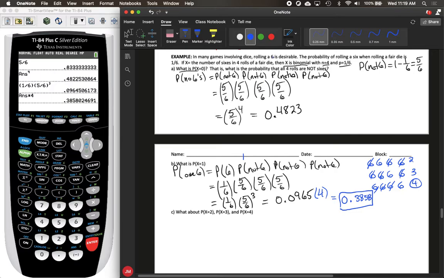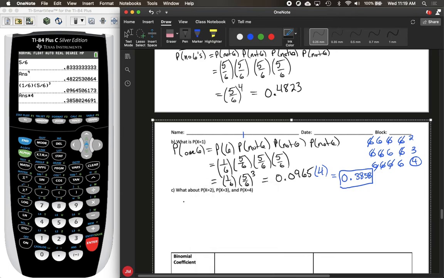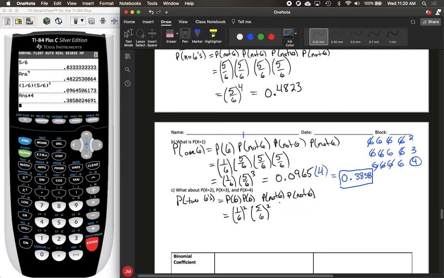Let's continue to do this with a few more examples. In fact, let's do it for all possibilities. So the probability that x is equal to 2. So the probability that we get 2 6s. And again, at least at first, let's put those 2 at the beginning so that we're getting a 6, and then a 6, and then a not a 6, and then a not a 6. So that's going to be, let's see, probability that it's the 6 is 1 out of 6, and we want that to happen twice. Not a 6 is 5 out of 6, and we also want for that to happen